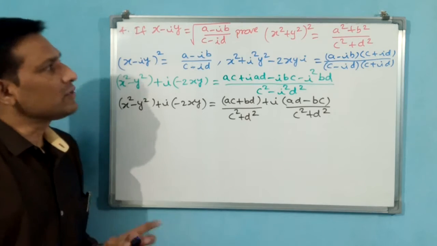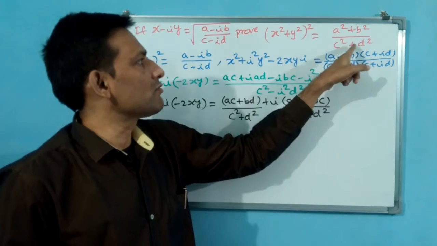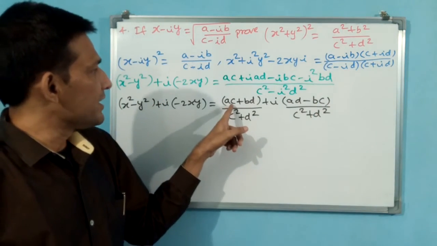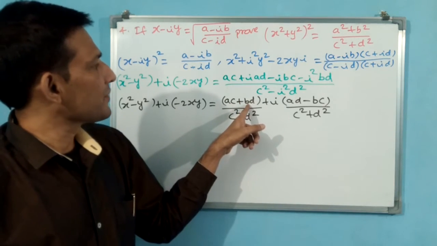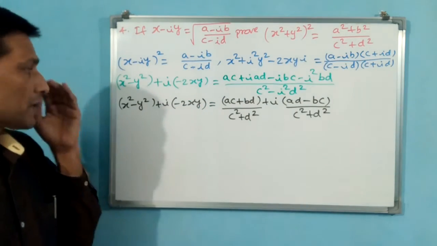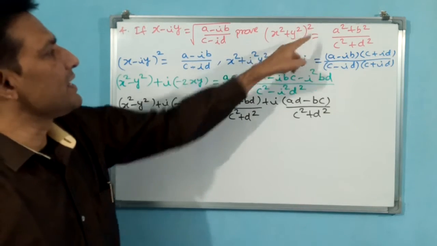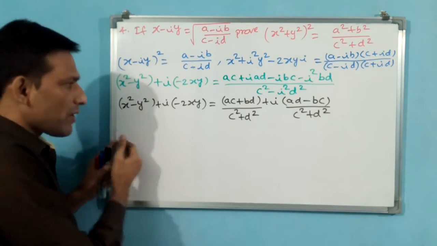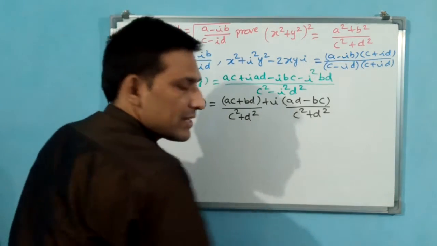Why? Because if you see here, x square plus y square whole square is equal to a square plus b square over c square plus d square. See, now c square plus d square, c square plus d square is there. And there is a possibility of a square plus b square coming, because c square, d square are going to get cancelled like I am seeing here. Now for this to come, what you have to do, see, square is there, then you have to make this a square, both. Real part equal to this one, imaginary part equal to this one, I will make, and this will be i square.